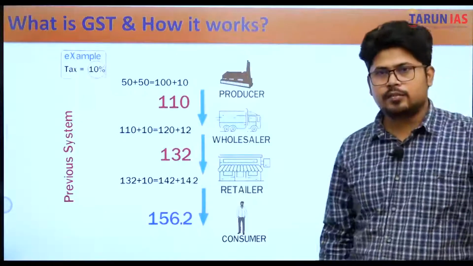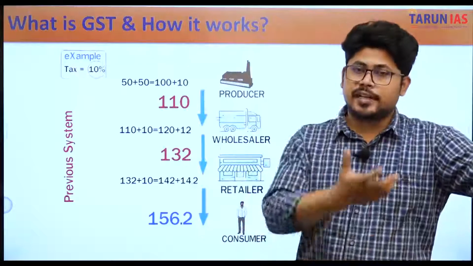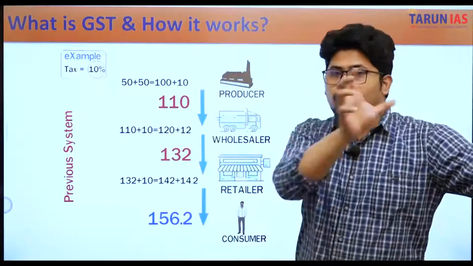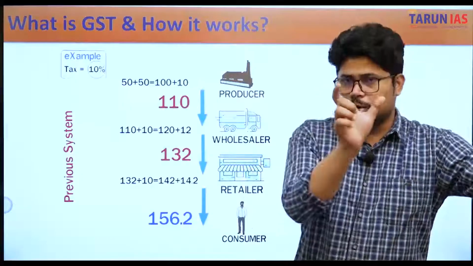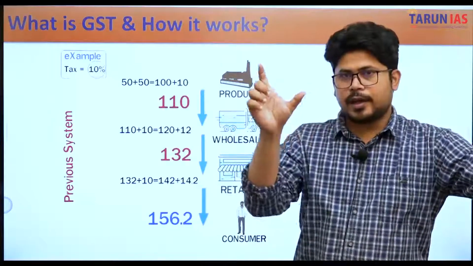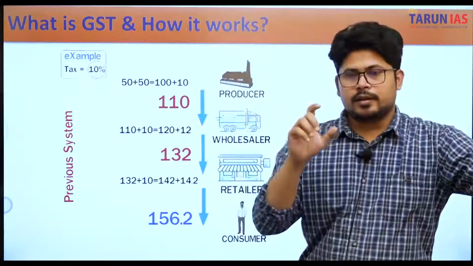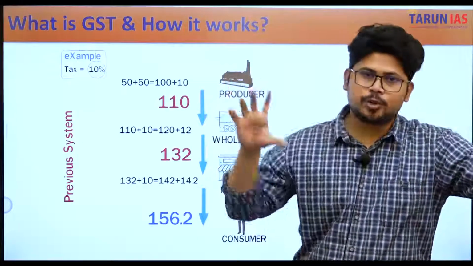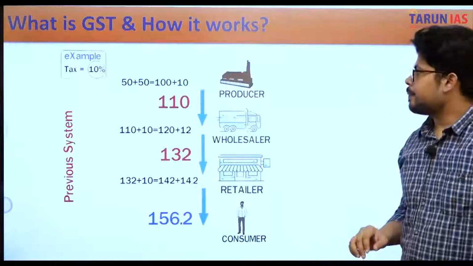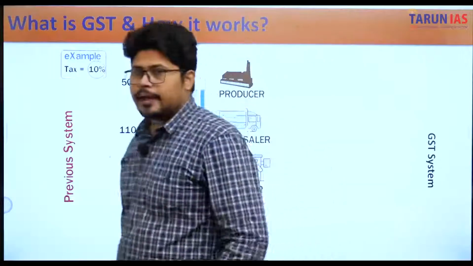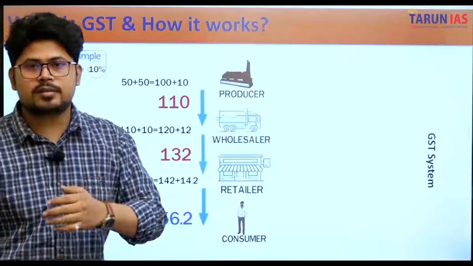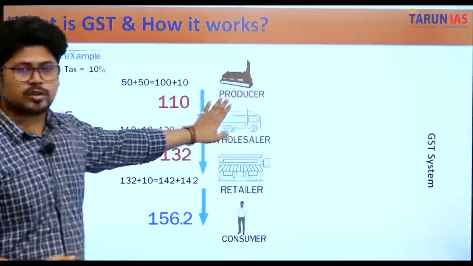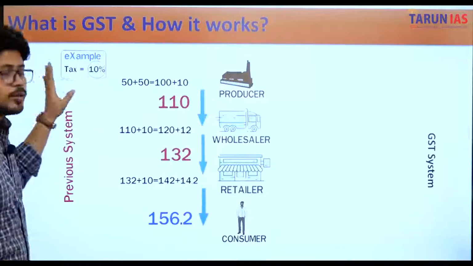Now GST was the subsumption of all these indirect taxes into one tax, and this one tax, GST, has four slabs of taxation: 0 to 5%, then 5 to 12%, 12 to 18%, and 18 to 28%. We'll be dealing with that. Now, if we look at how GST has helped us in removing the cascading effect. Now, cascading effect, we'll understand what is cascading effect in a very hypothetical situation.